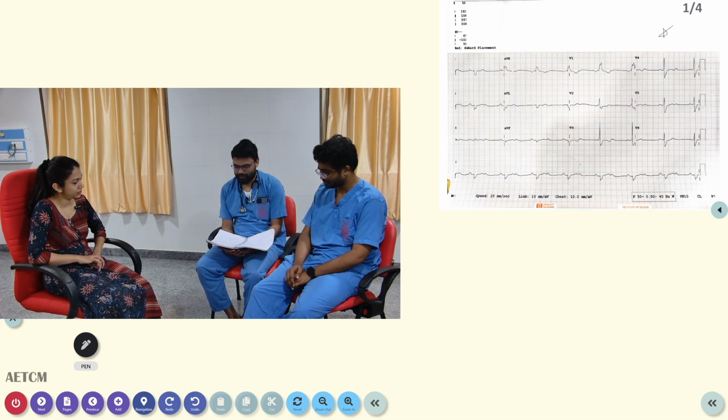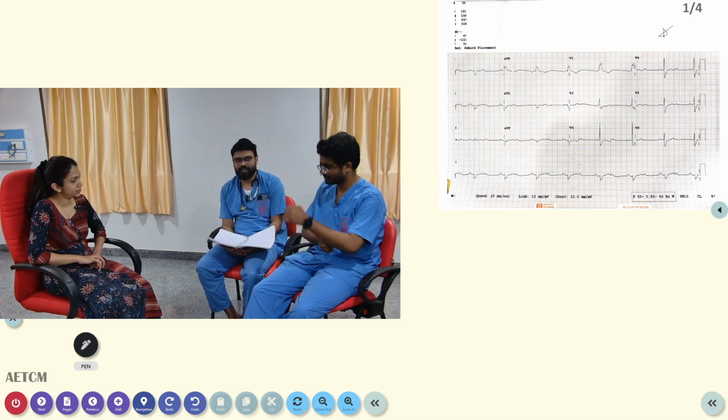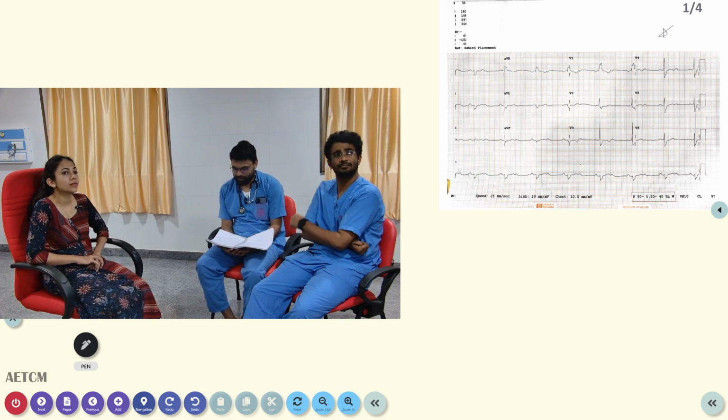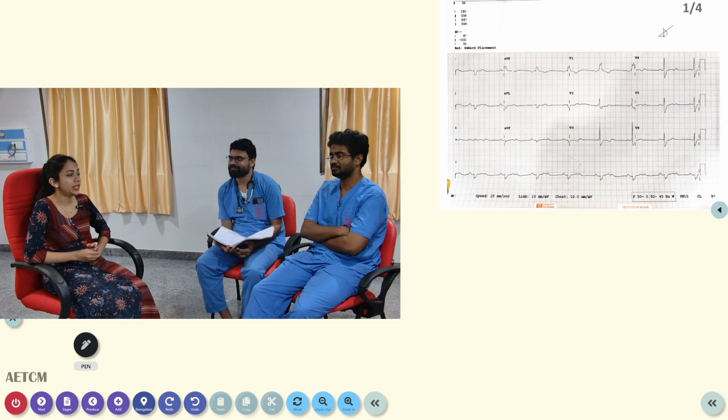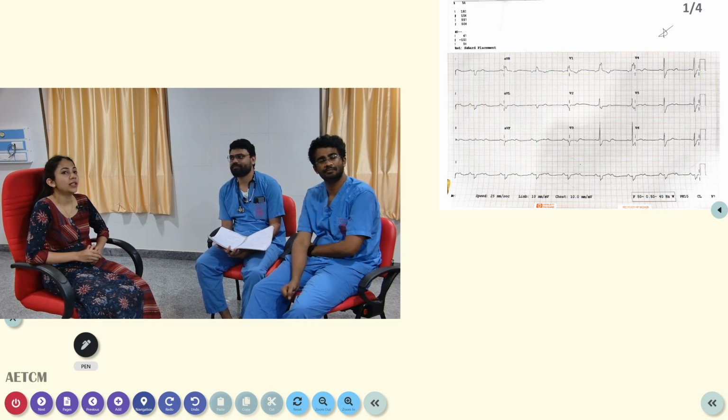Coming to adjuncts of primary survey, an ECG was taken at this point of time, which showed a heart rate of 54 beats per minute with a bundle branch block and also 2:1 AV block. So when you are talking about the ECG, first you will have to confirm